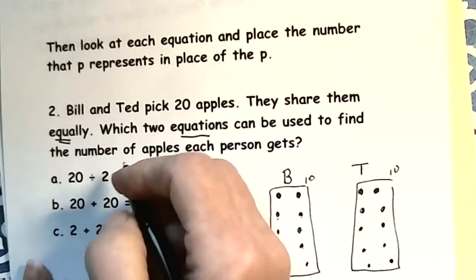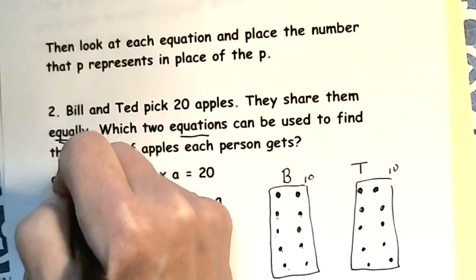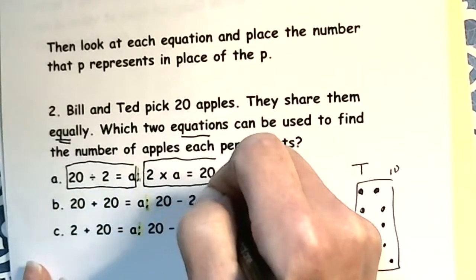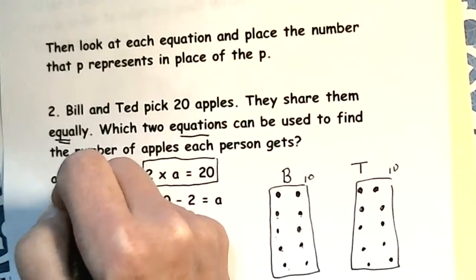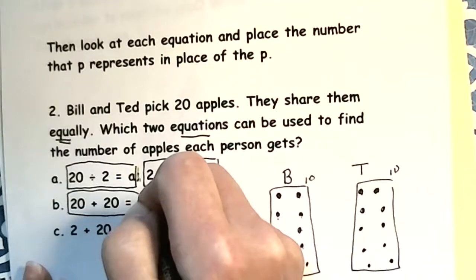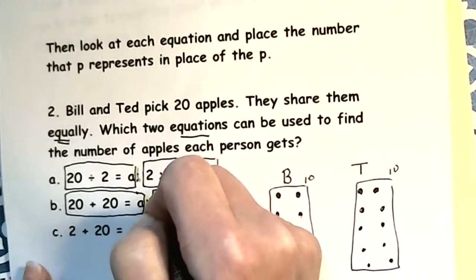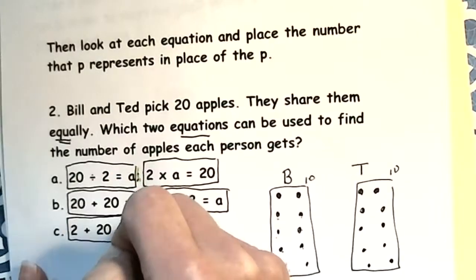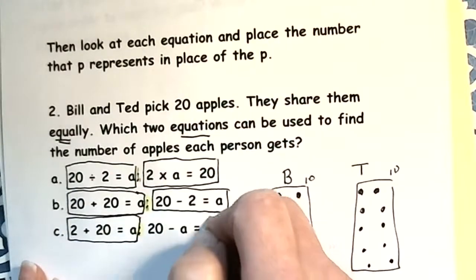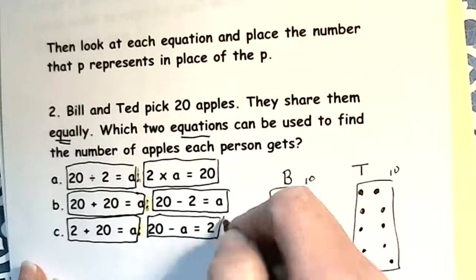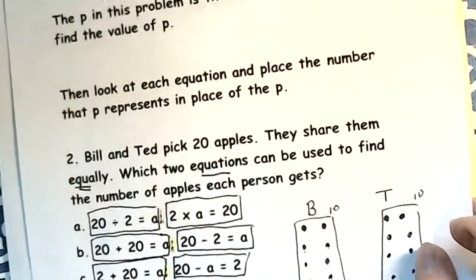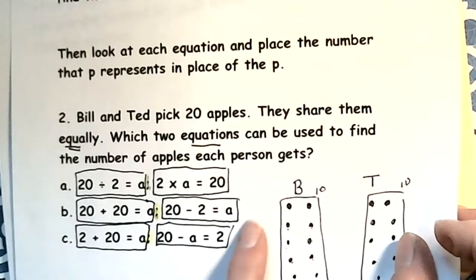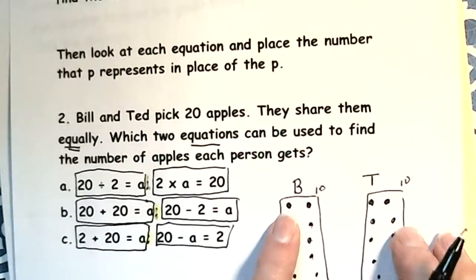So I'm going to look here. These are the two equations. I'm just going to separate these equations so you can see that. I put that symbol there because you might see that in questions, and I don't want that to frighten you or confuse you. So we're looking for the two equations that we could use to find out how these two people